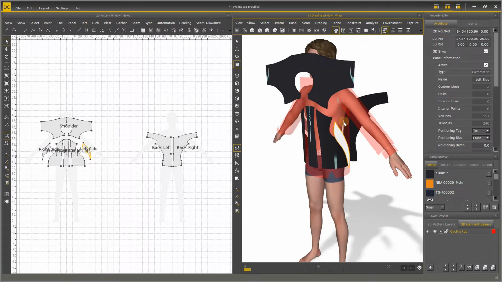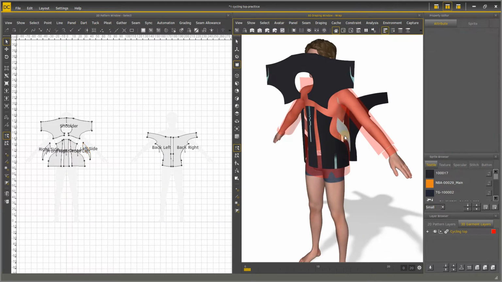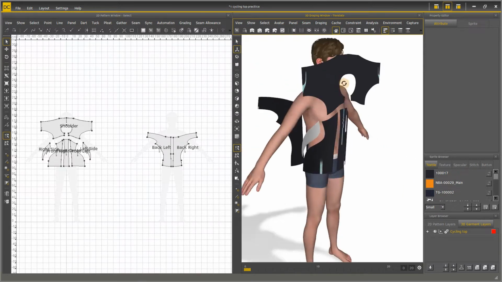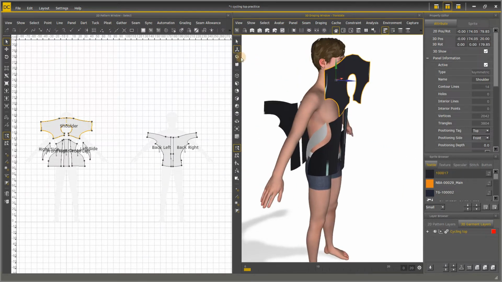Then we have to manually arrange the back panels and the shoulder panel. First, we can use the translate function and rotate function to place the panel in the right direction.